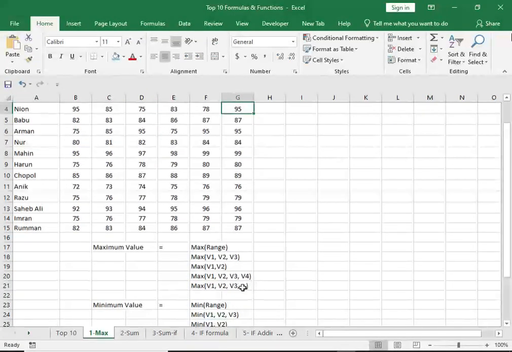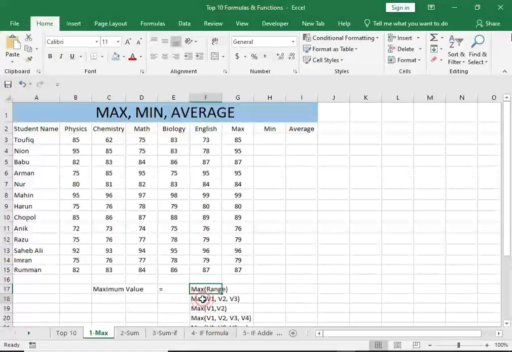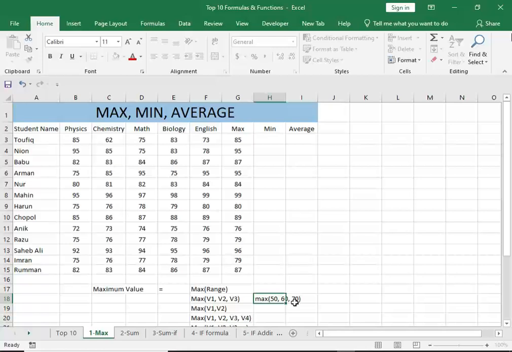Here we can use a range, or we can use values. Using values means I give something like 50, 60 and 70. Below one also like this, 50, 60, 70,